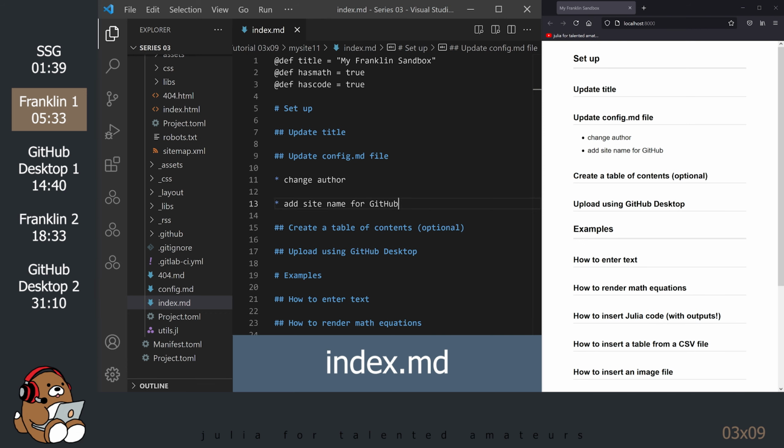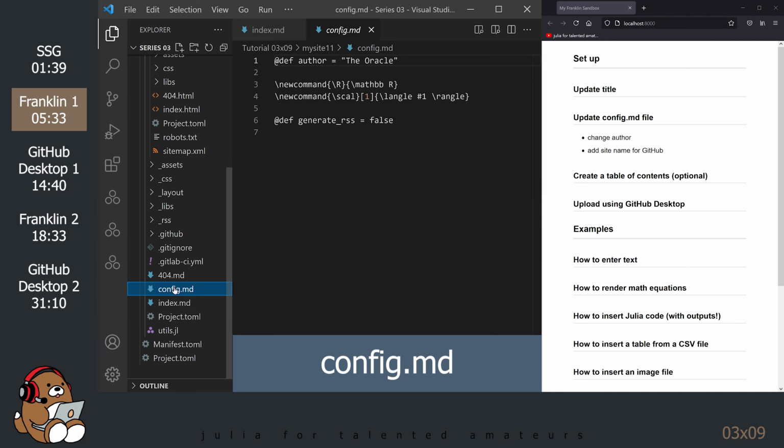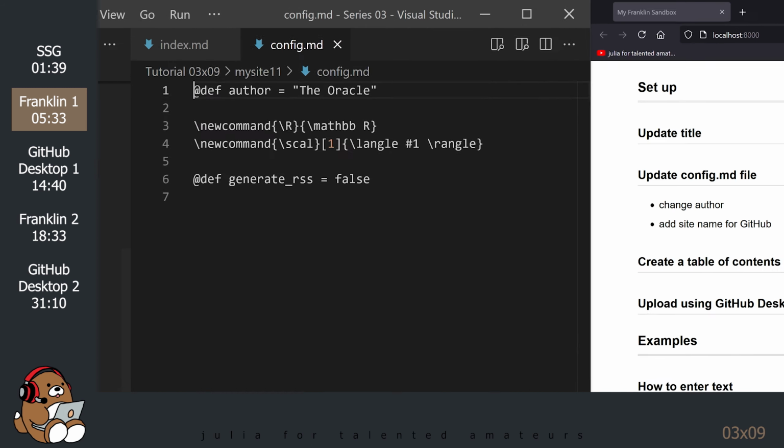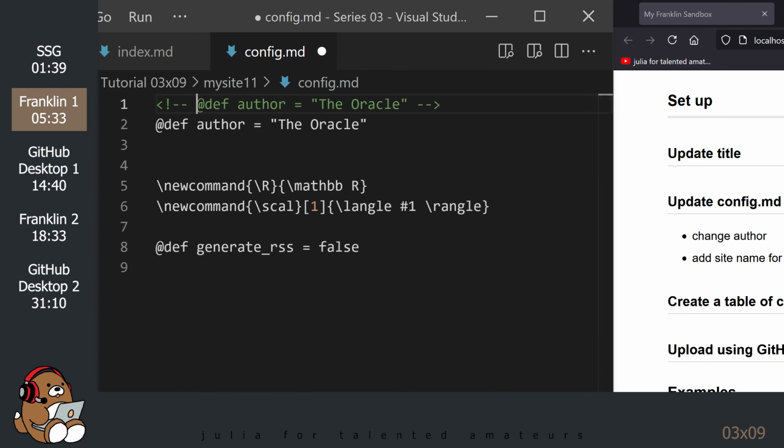In the Explorer panel, double-click on the config.md file to open it. This file contains some global information for your website. This is where you change the author name. You also need to add something here in order to get this website to work on GitHub Pages.